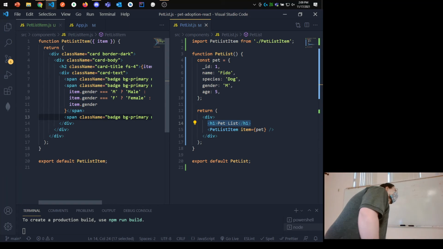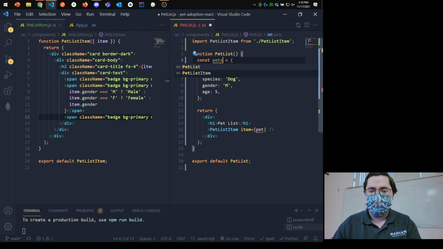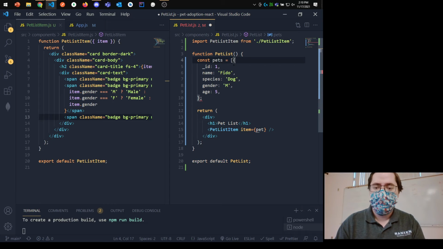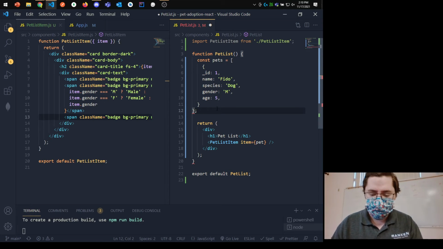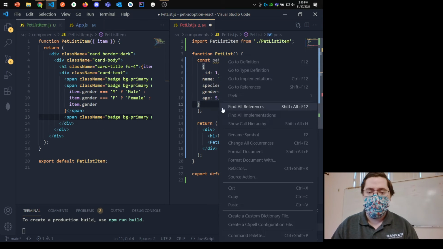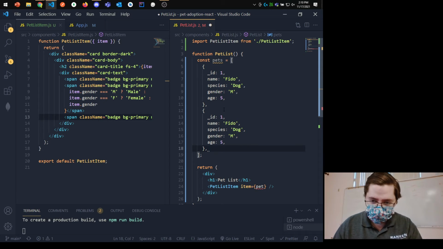Okay, so for the list, I want this to now be an array of pets. So I'm going to need to have 2 pets here. So pets is now an array. So square brackets for array, curly braces for object. And so I have 1 and 2,